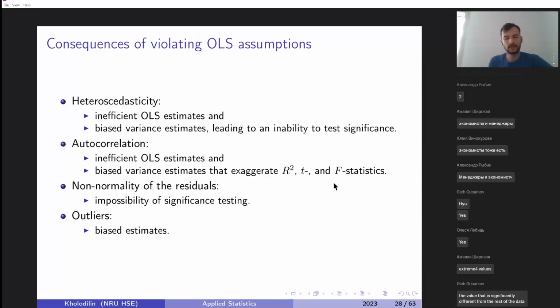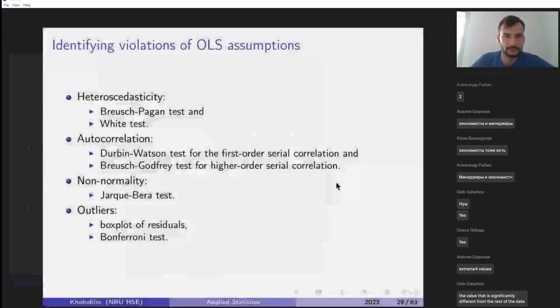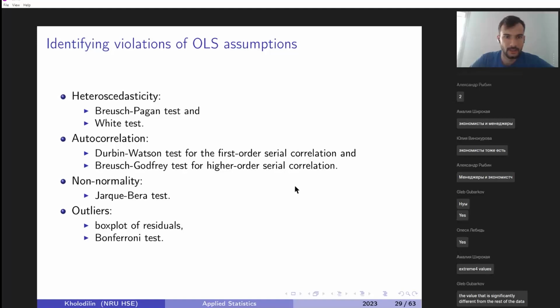So you have to find these observations in your data and throw them away, because most probably they are not reliable. And we will talk a bit today about how to do this. And let's move on. Yeah, so there are some tests for how you can test the